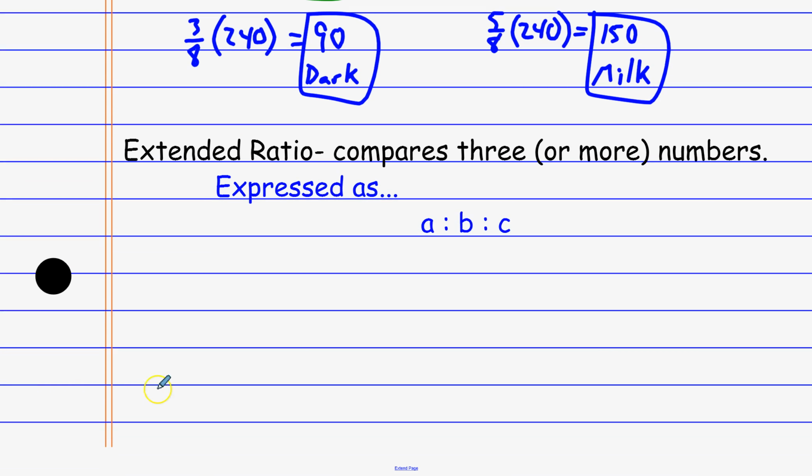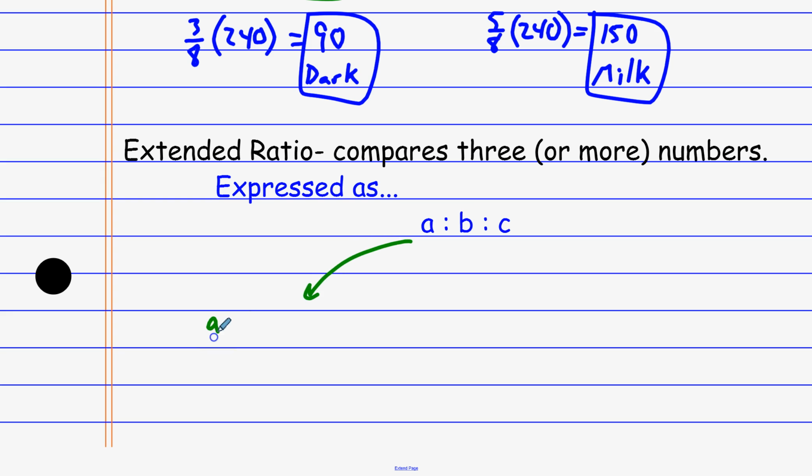An extended ratio is really just what it sounds like when we tack on another ratio to compare with these things. All right. So in an extended ratio, we're comparing 3 or more numbers. So in this one, it's A to B to C. And what that allows us to do is break this down into a bunch of different ratios. So like if I have A to B to C, it means that I could use just